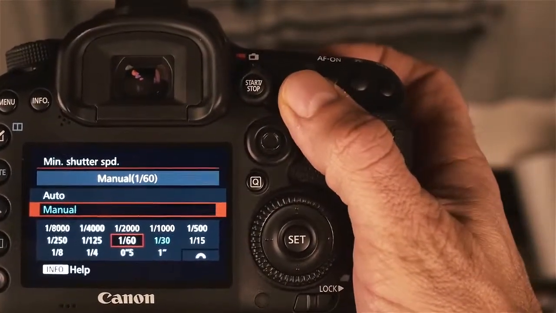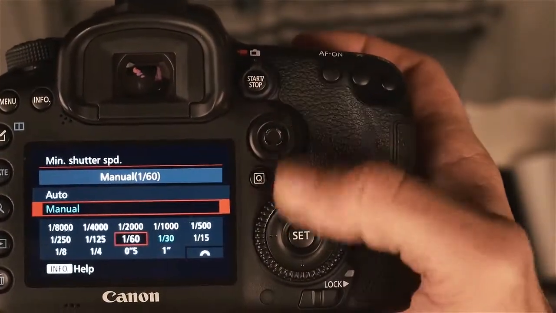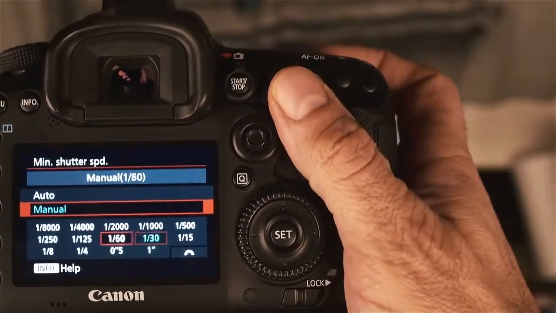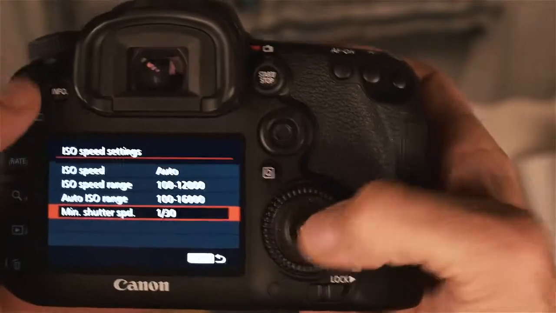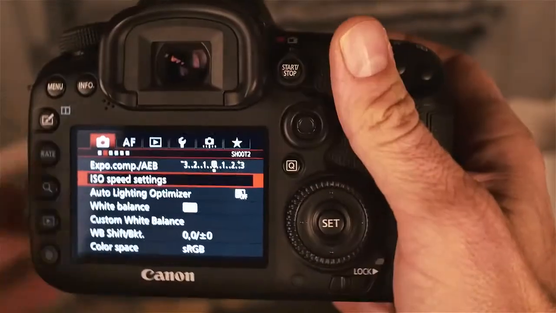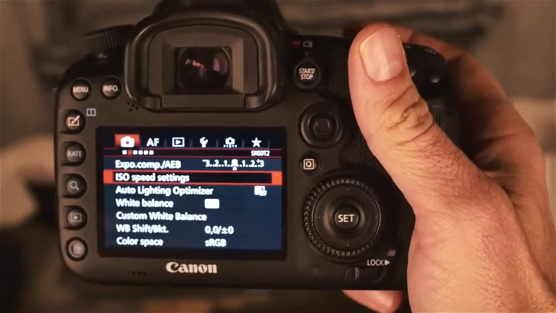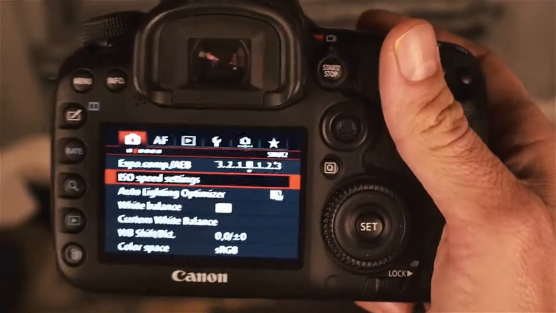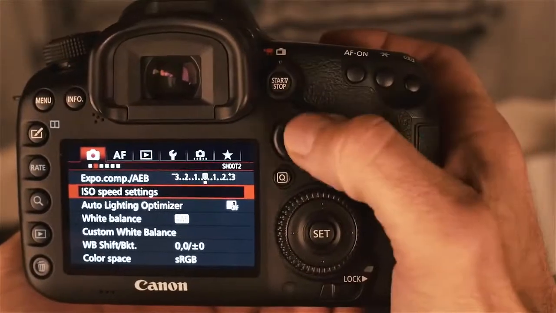This is weird because then you have to use the top dial to scroll to what you want to do. You would think it was this one, but it's not. It's actually this one. So I'll pick that, and then I'll hit the menu button. So remember, the menu button is always going to bring you back home, which is a good thing. So what else did I want to show you? Oh, I wanted to show you